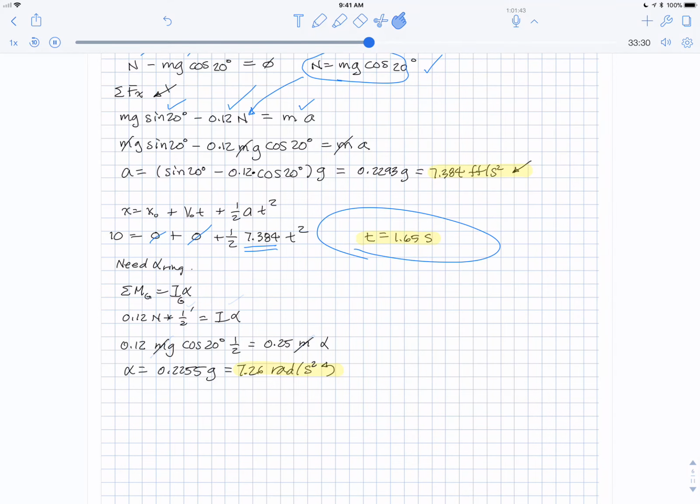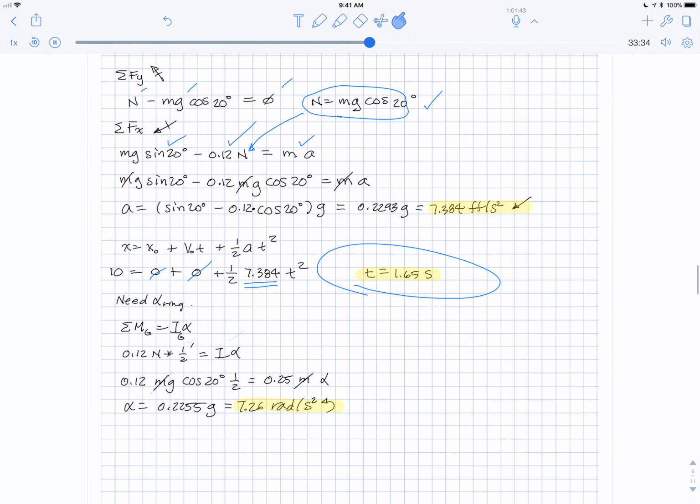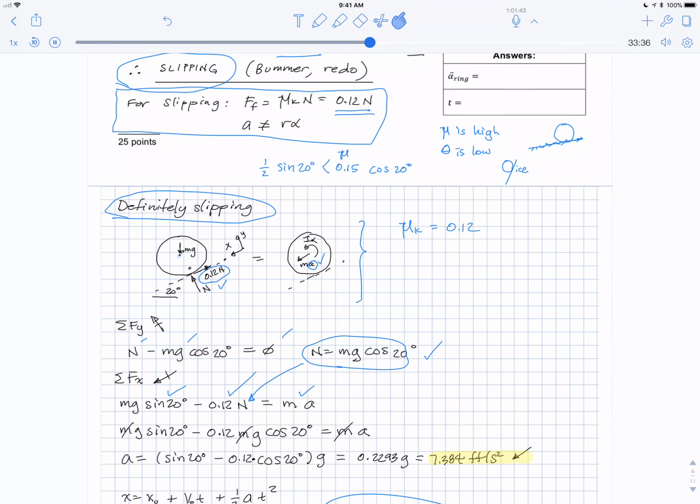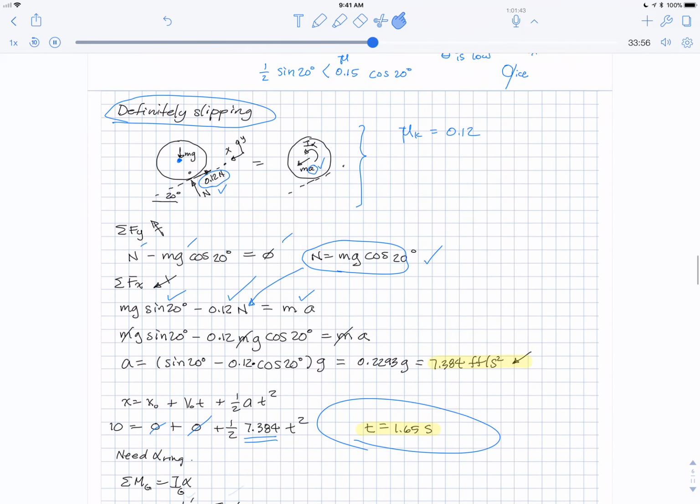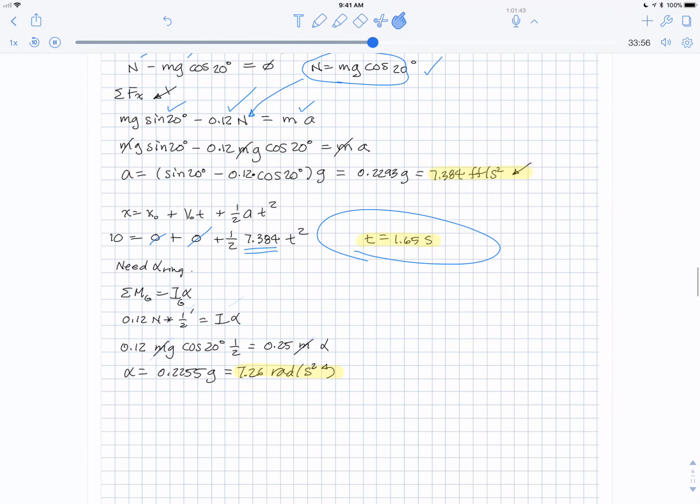Okay, it also asks for alpha of the ring. So this time, instead of taking moments about the bottom, I'm going to take moments about the middle because I want to get rid of ma and just to show you something different. Okay, so I took moments about the middle. The mg goes to the middle, the N goes right through the middle, and so I'm taking moments about right here. So you just have the friction force, 0.12 N, and it has a moment arm of 1/2 foot